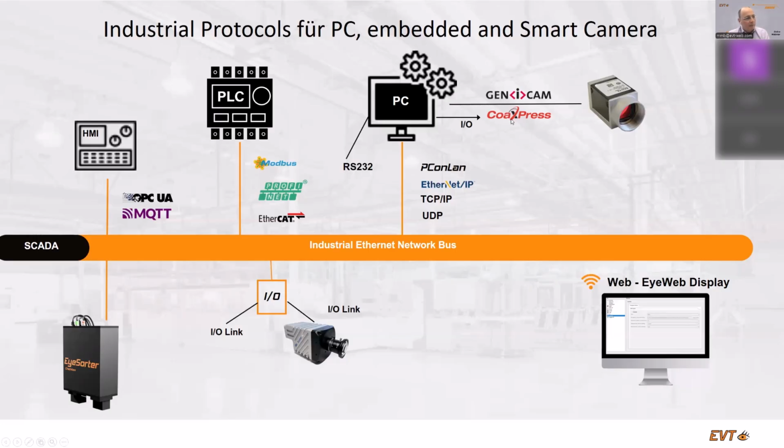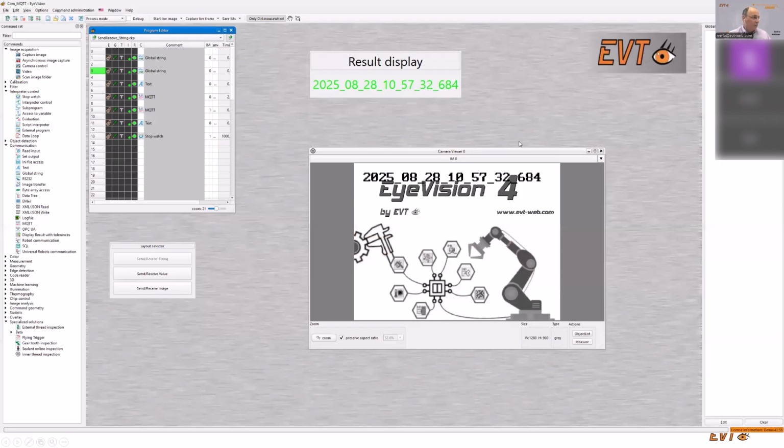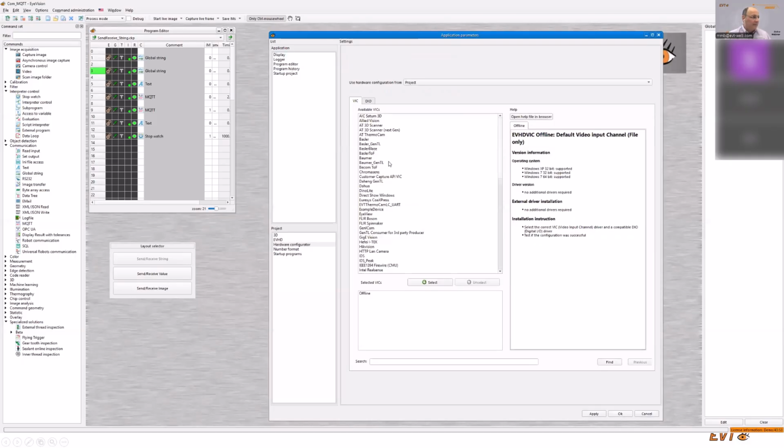Of course, what we have to think about or talk about is how to connect the cameras. This is, of course, also an IO system. And it's a specialized IO system which is already implemented. This is GeniCam and CoaXPress. GeniCam is based on Ethernet, and so we also support, beside of the list which I showed you before, beside of this list here,